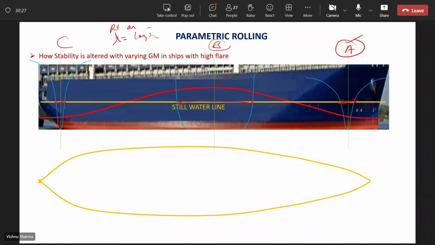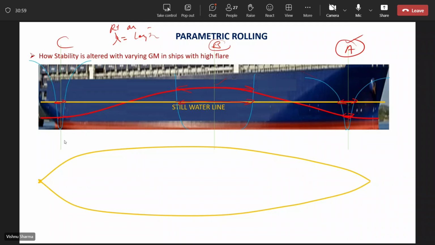Yes, sir. Now, because of the excessive flare, what has happened? At station A, the breadth of the water plane area is reduced because of the flare. At station B, it does not change much because it is parallel body. It does not increase. At C, it is again reduced. So whereas the water plane area at the ends is reduced, the water plane area in the middle part remains almost